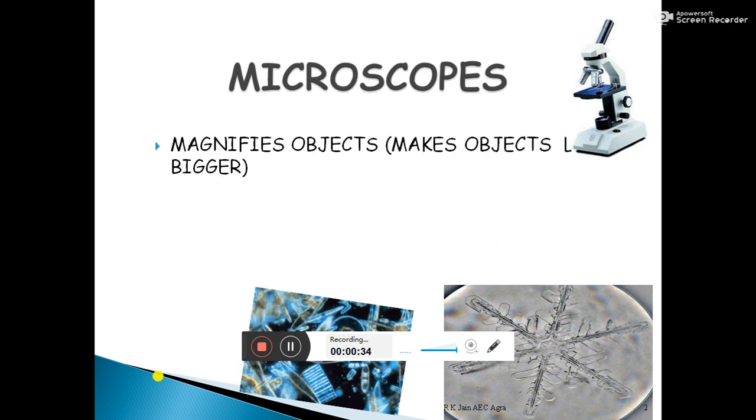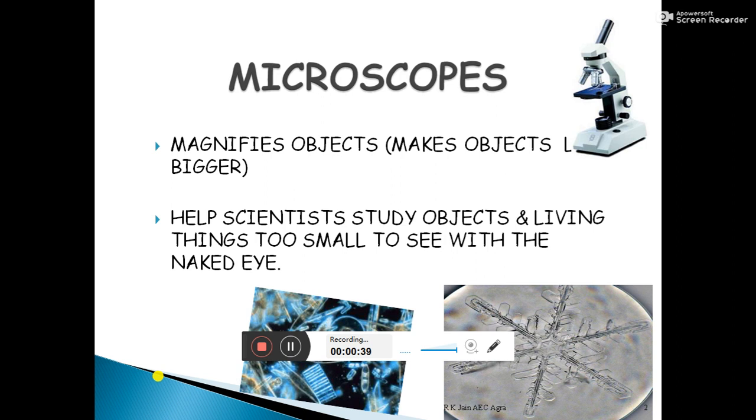Basically, a microscope is an object which can magnify things. So the microscope is an instrument used to study those objects and living things which cannot be seen by the naked eyes. Generally, a human eye is able to study an object having a dimension of 0.2 millimeter, but if the dimension is less than 0.2 millimeter, we are unable to study that object. For the study of such organisms, such cells, such objects, we need a microscope.